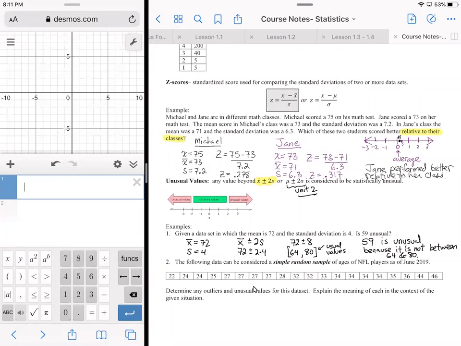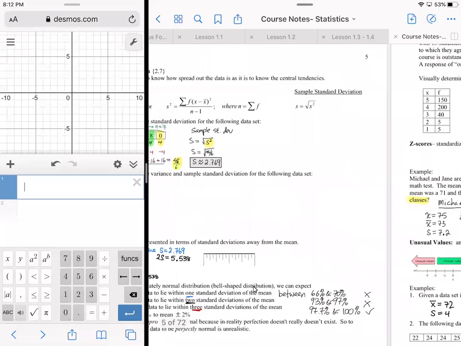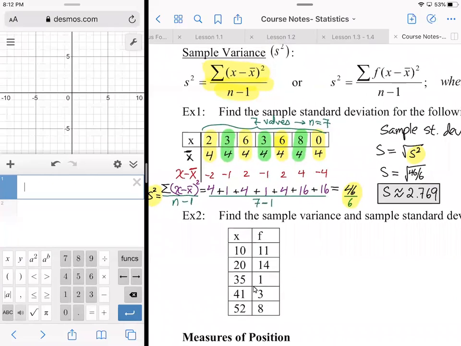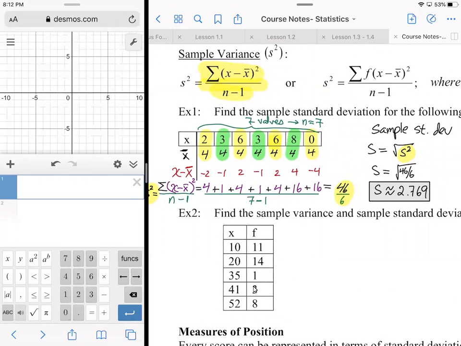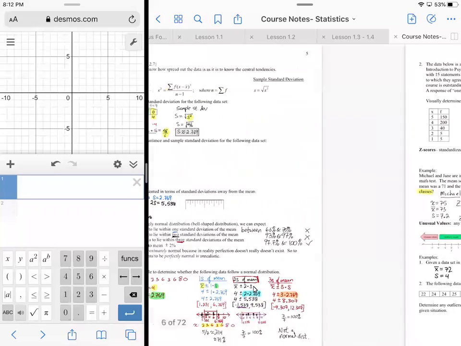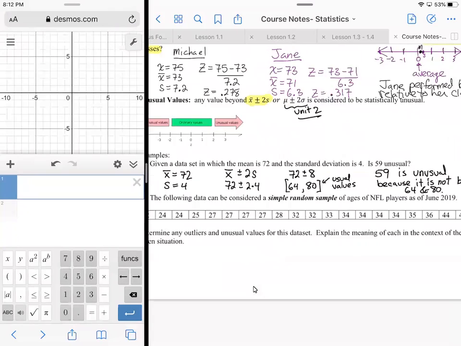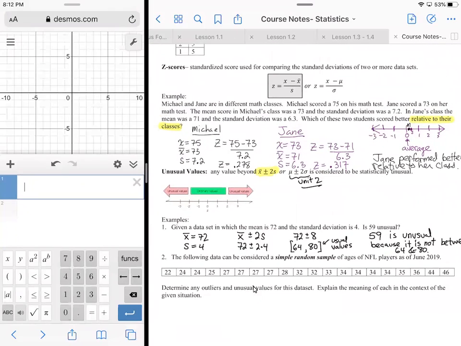So we're going to determine outliers and unusual values based off of this data. So that means we want to get some technology involved here, because I don't want to find the mean and standard deviation by hand. Well, the mean would have been fine. We just add them up and divide. But the standard deviation, it was bad enough with 7 values. I'm going to have 20 values, and I'm going to have to figure out the standard deviation. That is a no thank you situation if I've ever seen one. So I'm going to use the Desmos calculator, and then later on I'll show you how you can use